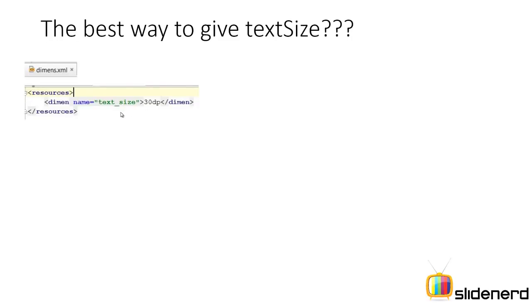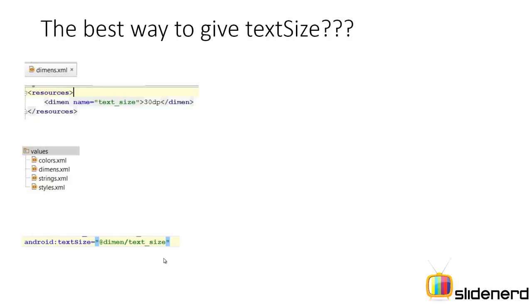Now what is the benefit of doing this? Well, very simple. This dimensions.xml is inside my values folder. Now inside my layout I can simply use it by saying android:textSize="@dimen/text_size". So here if I change 30 to 35, wherever I'm using this dimen/text_size, everywhere the 35 value will be replaced, right? That is the benefit of putting text sizes inside a separate dimensions.xml file, and this is the recommended